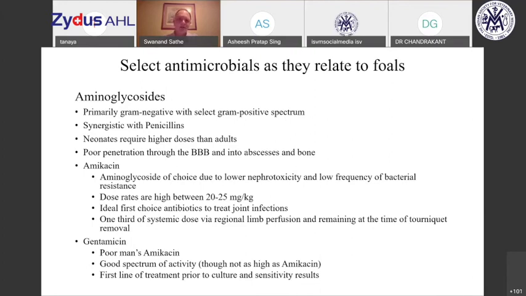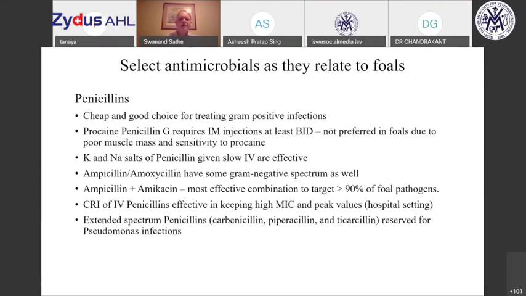Gentamicin has a good spectrum of activity, not as wide as amikacin, but it just does fine. It does really well in combination with penicillin and cephalosporin, and it's relatively cheap. Penicillins have been historically used for many years to treat infections. They target mainly gram-positive organisms, and procaine penicillin G is used quite commonly, especially in adult horses, intramuscular injections twice